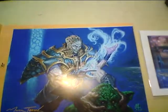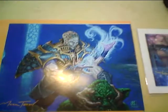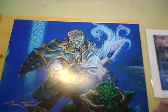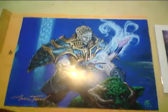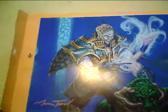I kind of expected, looking at these things, seeing all. I can't even name them off the top of my head. There's so many iconic cards that he's done the artwork for. Heck, one of them is Emrakul, the first Emrakul. Anyways, I was fully expecting all of those, and then I see in the corner of